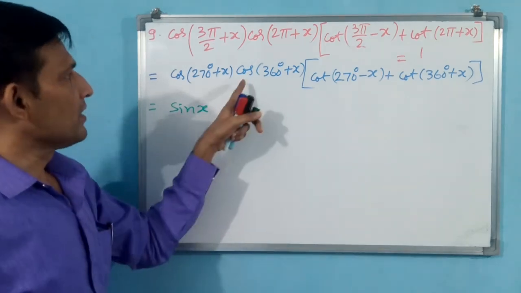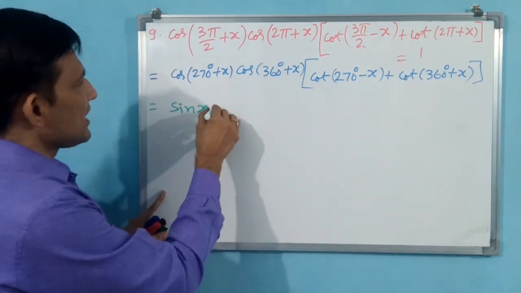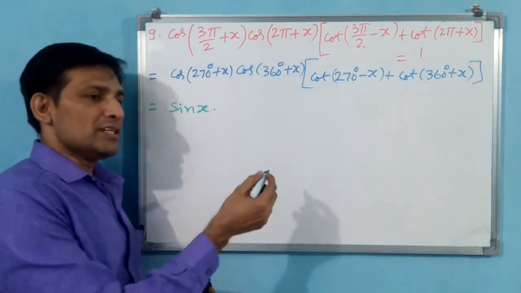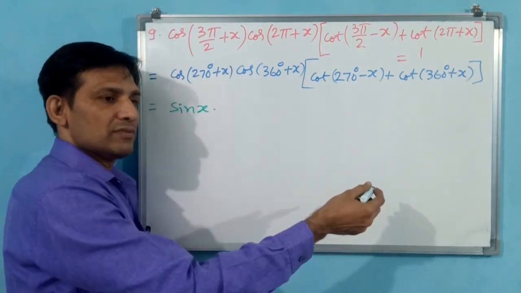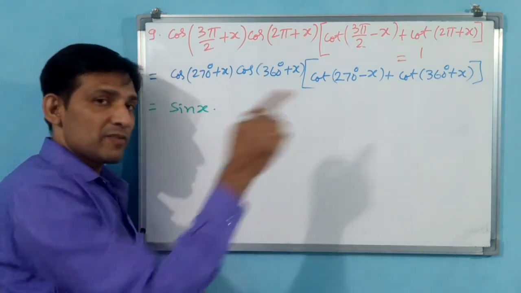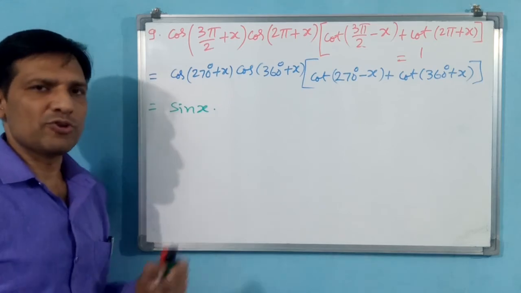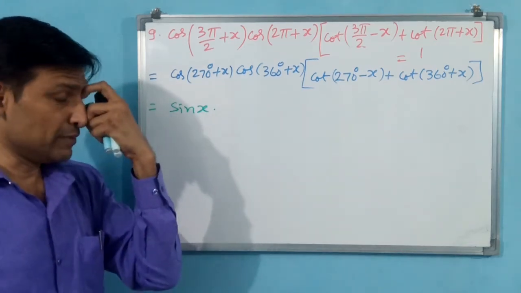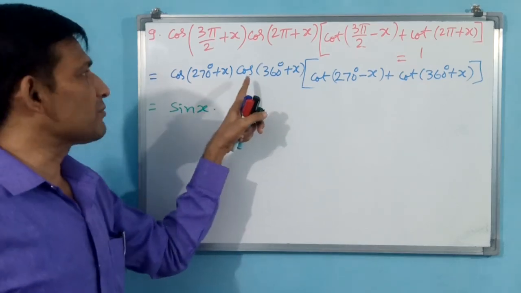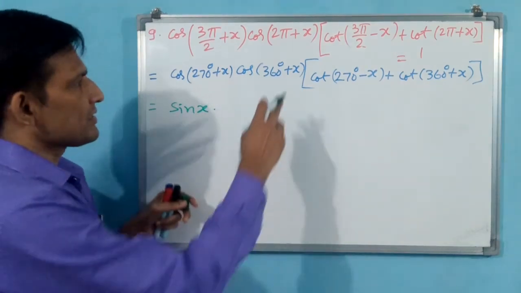Okay. Now come here. That means you put a dot, dot means multiplication. Cos(360 plus x). 360 means 0 degree, plus x means 0 plus, that means first quadrant. First quadrant all positive. You need not put positive. But 360 is horizontal or vertical? Horizontal. Horizontal means cos is going to become cos only. Cos x.